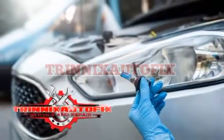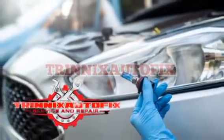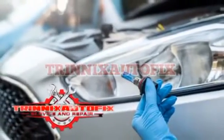If you want to drive at night again, you need to look at the possible causes of the headlights not working. We also cover some quick fixes to get the headlights working again, and we answer your top questions in